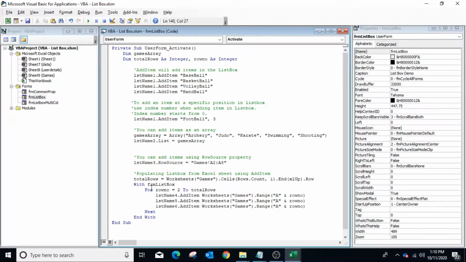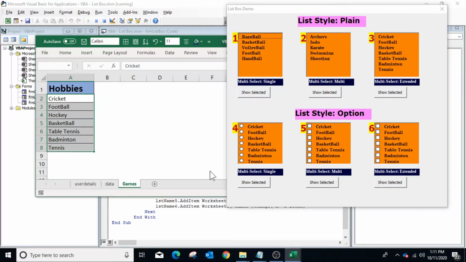Here frm list box is the name of the user form. lst name 4, 5 and 6 are the names of the list boxes in the user form. Now run the user form and list boxes number 4, 5 and 6 are populated with hobbies available in column A of sheet games.